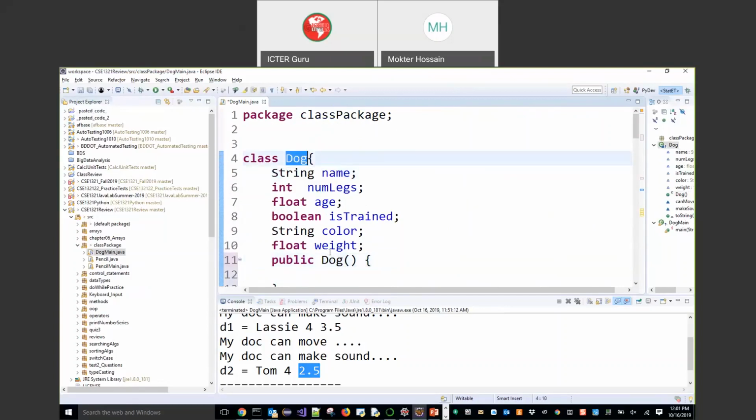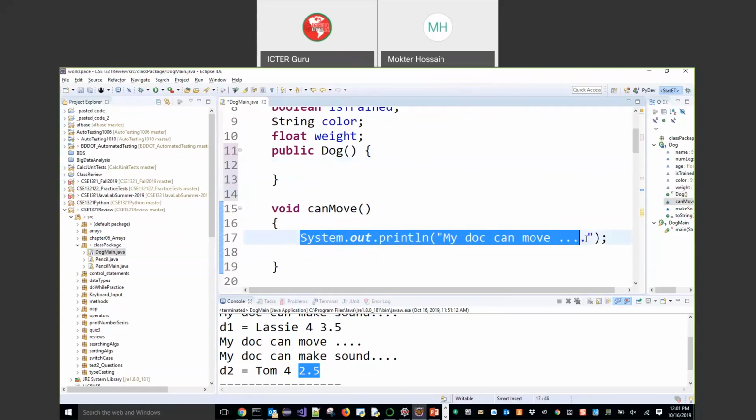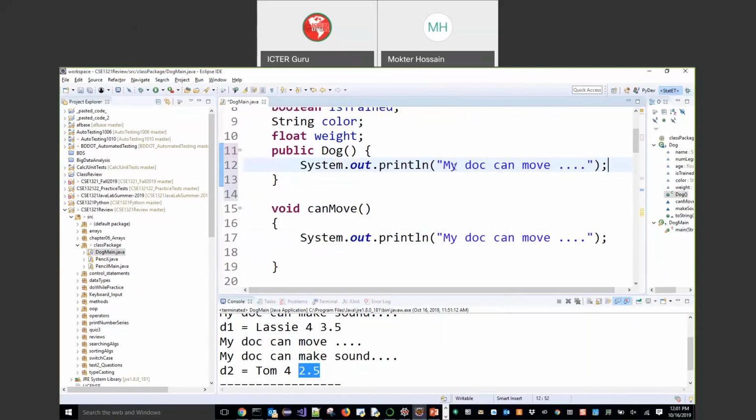So my Dog method has exactly the same name as my Dog class. So this is the method, but instead of calling it a function, it has a special name, a constructor. So let us give some output: Dog constructor